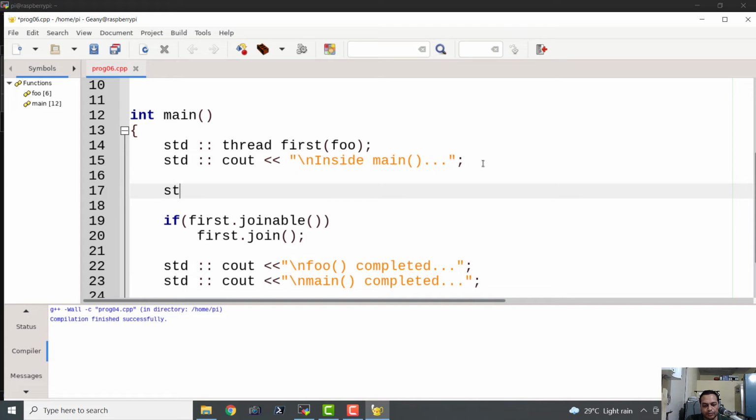std::cout, it is going to be std::this_thread::get_id, and let's print a new line character.